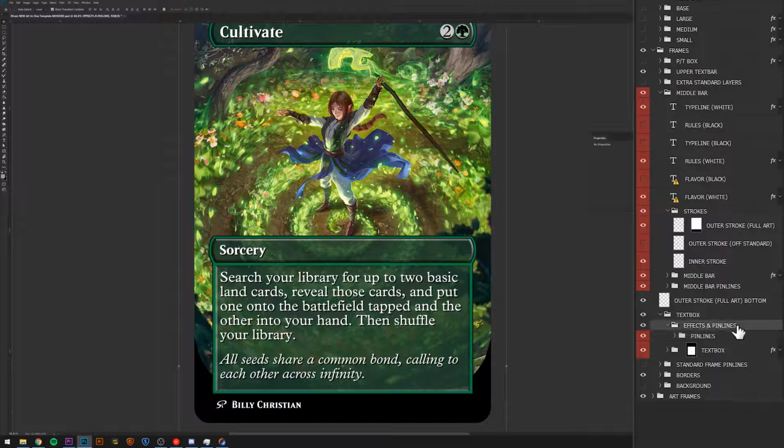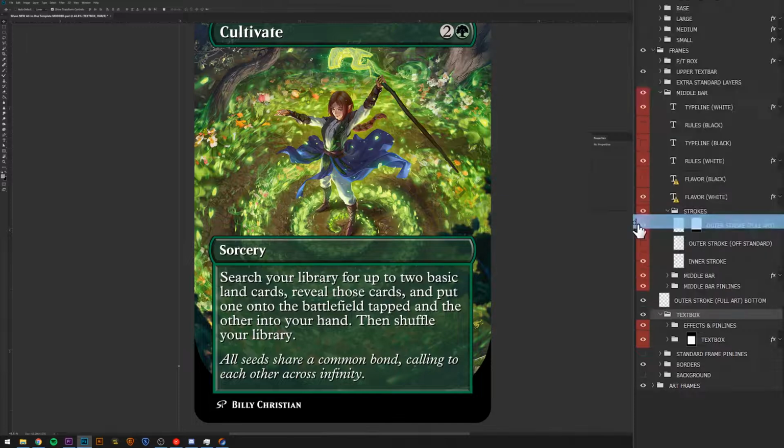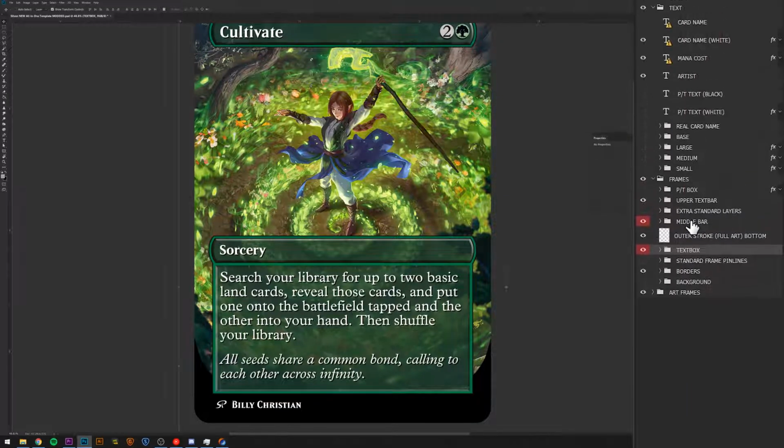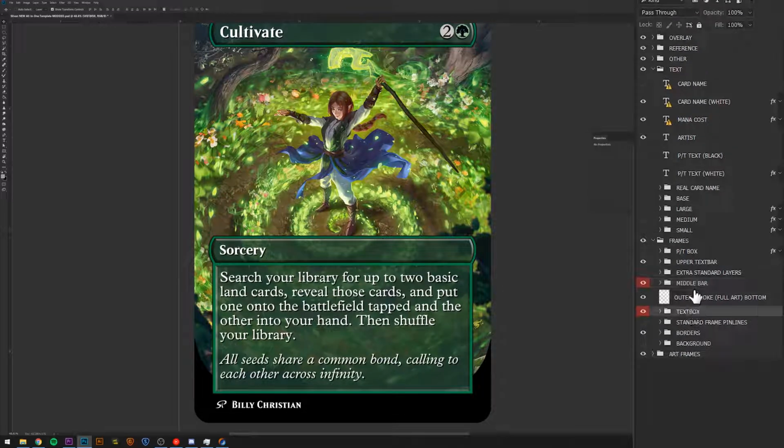And then Pinlines, this whole folder is good. So now this entire text box folder has been formatted correctly, so we can mark the entire thing as red. So now we have our middle bar folder and our text box folder fully formatted. So now if I select both of these and I drag them up, this is the moment of truth,